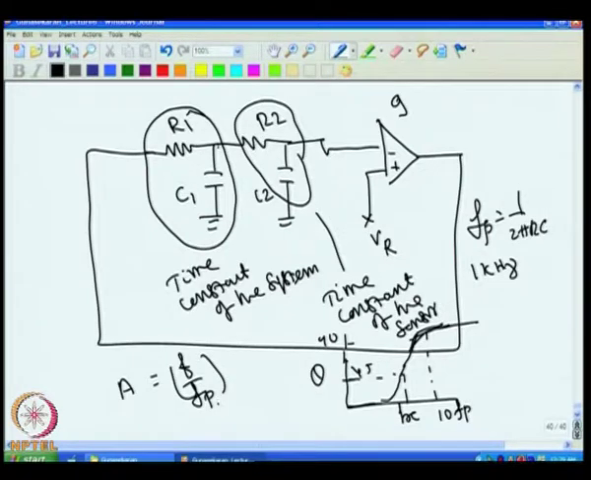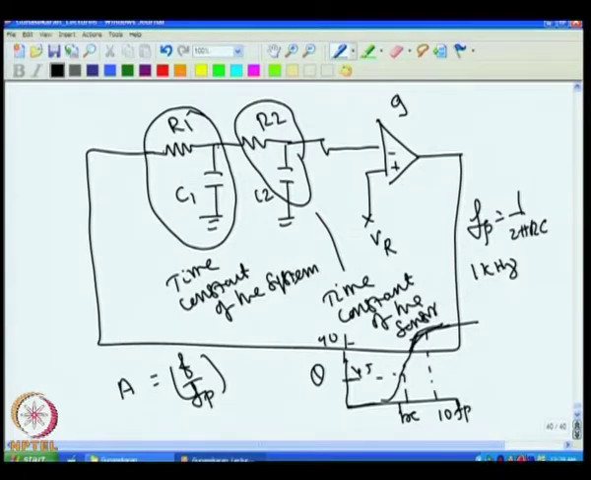So, if the actual frequency is 10 times more than the pole frequency, then attenuation will be by a factor of 10. That means as you increase the frequency, the phase shift is increasing, but the attenuation is also increasing correspondingly. But then we know that the sensor has a very low time constant, say 1 second, and